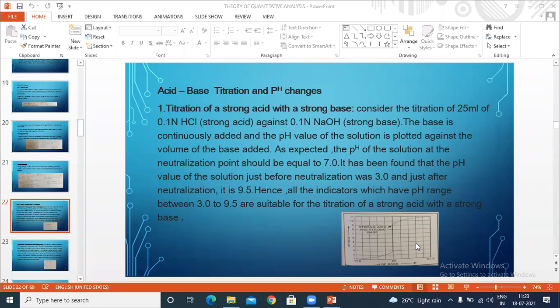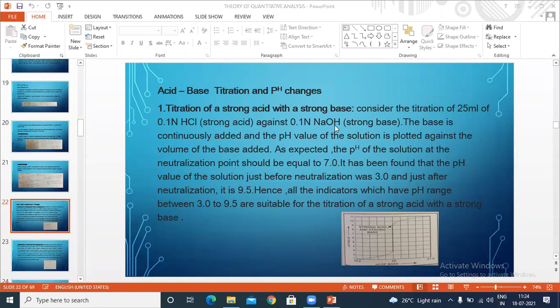So we have to take 20 or 25 ml of a strong acid, which we take as 0.1 HCl in a conical flask. And then we have to fill the burette with 0.1 sodium hydroxide, which comes under strong base. Then we add the base to the acid continuously, adding 1 or 2 drops of an indicator. In general, for a strong acid and a strong base, the pH range must be from